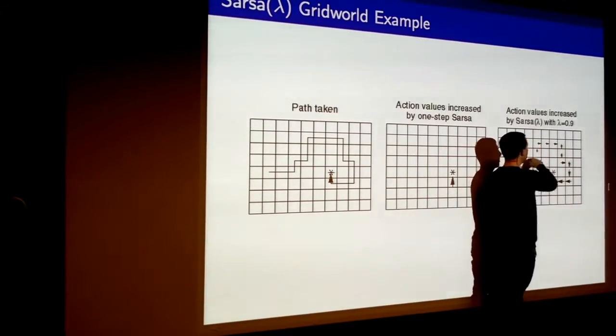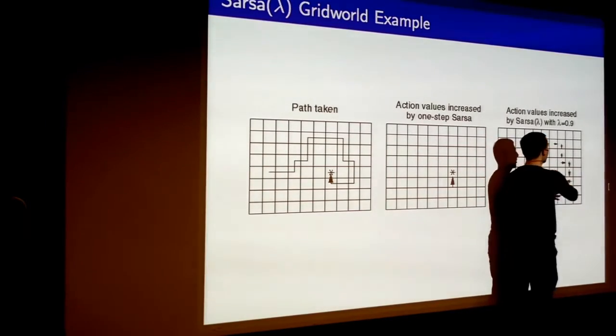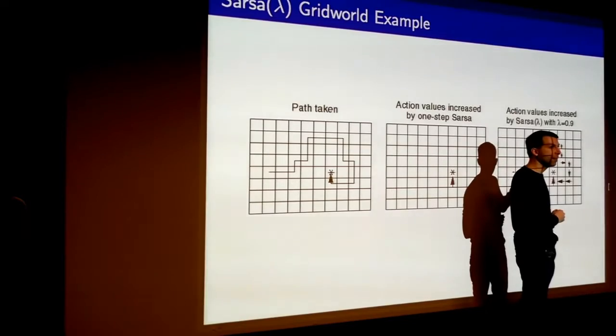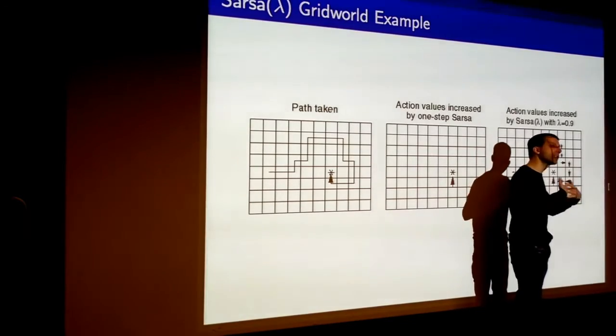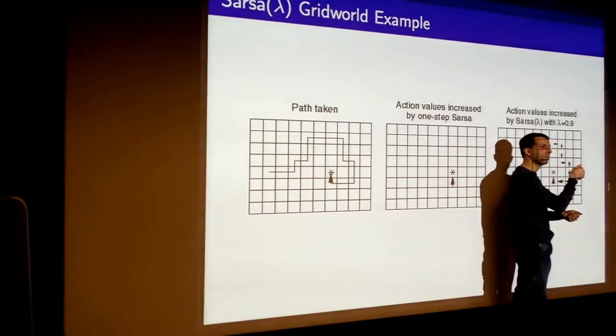So that means all of them, when you see this surprising positive benefit, all of them get updated in the direction of what actually happened. So this information flows backwards in just one episode, most of the way back towards the beginning of the episode. So you get a much faster flow of information backwards through time by choosing this lambda parameter.